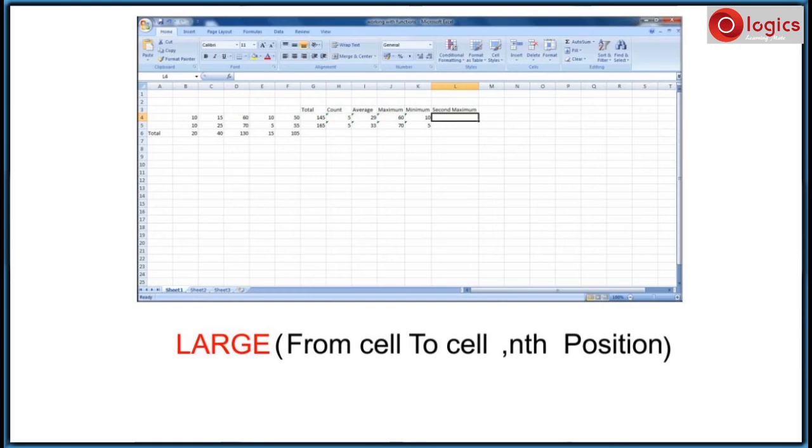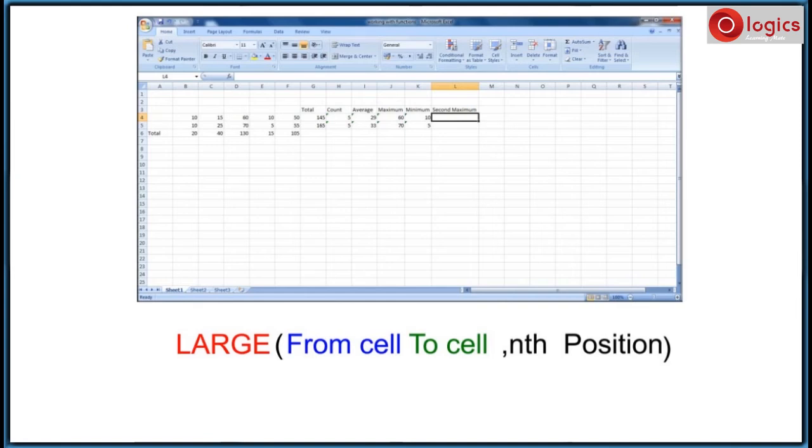This is the syntax of the large function. Large of from cell to cell, this is the range, comma, nth position. Nth position means which position of largest value you want in the given range of cells.